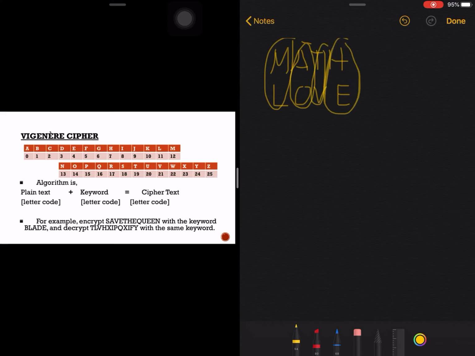Before, the choice in deciding for the keyword will be based on the number of letters of our plain text. Like in here, math has 4 letters, so I can think of a 4-letter word. That's easy if your word just has a small number of letters. But what if your plain text would be a statement? You can't think right away of a word that has, say, 30 letters, right? So in that case,